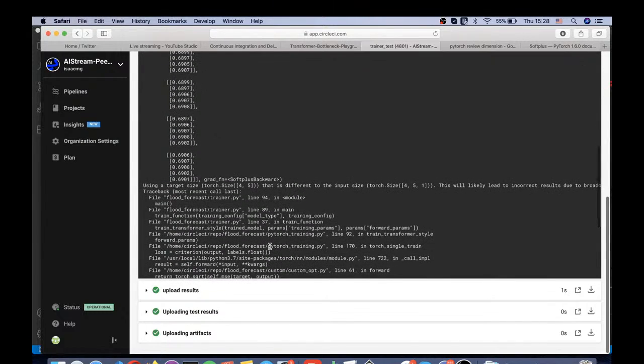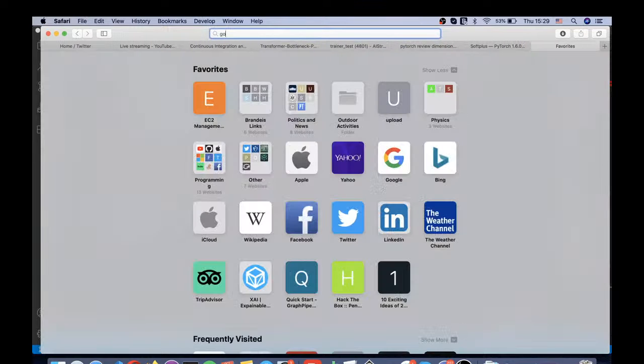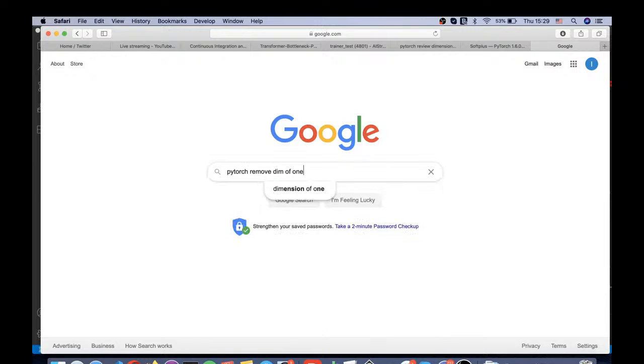So yeah, it's saying basically that the end dimension is incorrect, but I still don't know how it gets to that 4.5, saying using a target size that is different from input size. Yeah, so